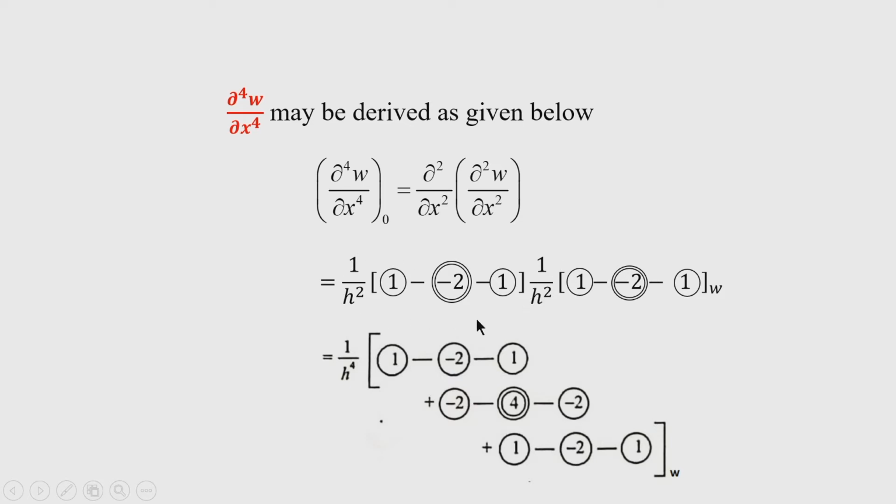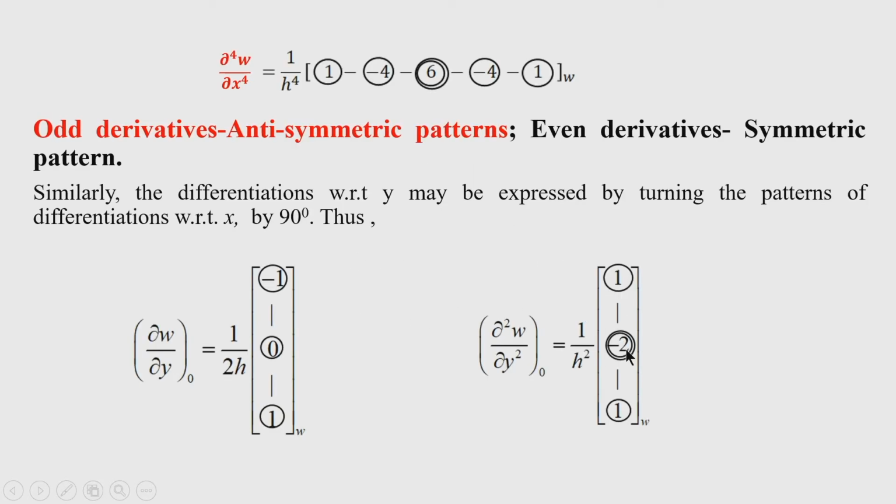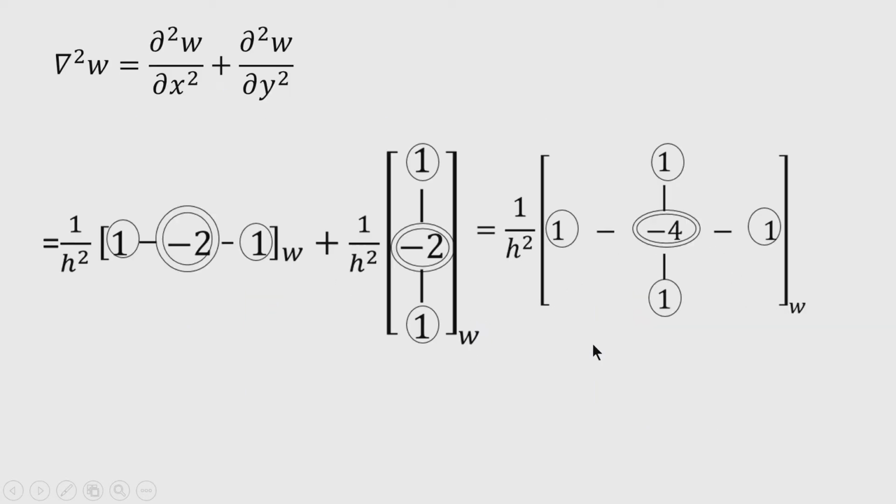So, if I rotate this quantity, this becomes minus 2, upward it is 1 and this is 1. Okay. So, horizontal direction is x direction and vertical direction is y direction. So, it is written like that. Okay. So, then we sometimes need the Laplacian operator, that is del square w, because under biaxial compression, where an equal amount of compression is applied in both x and y directions in the plate, you will find that this Laplacian equation is necessary.